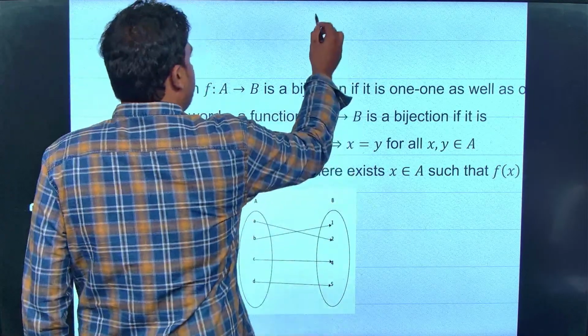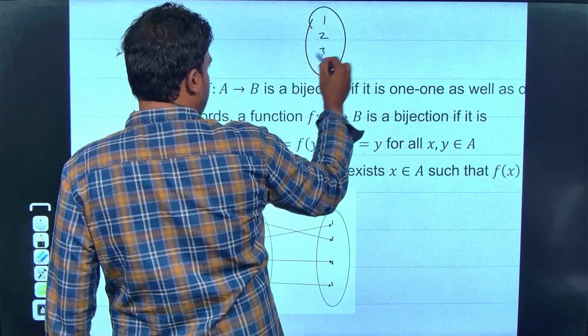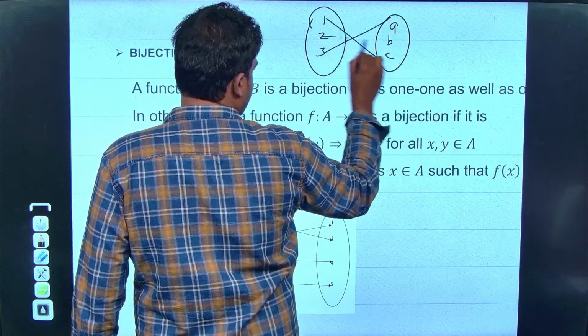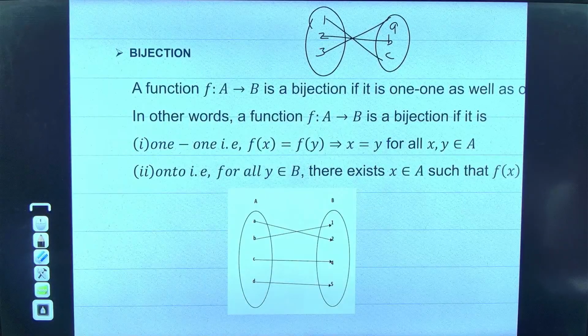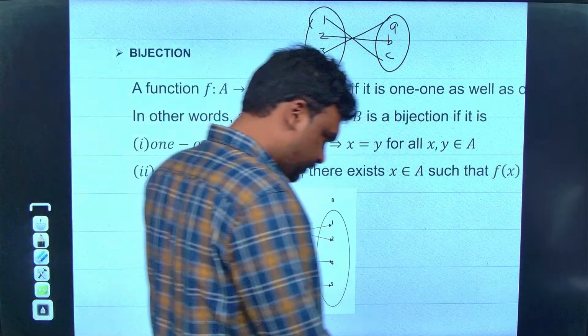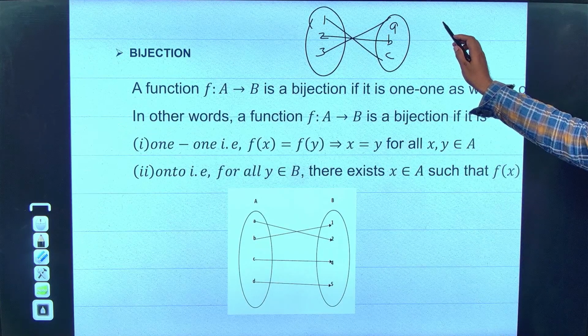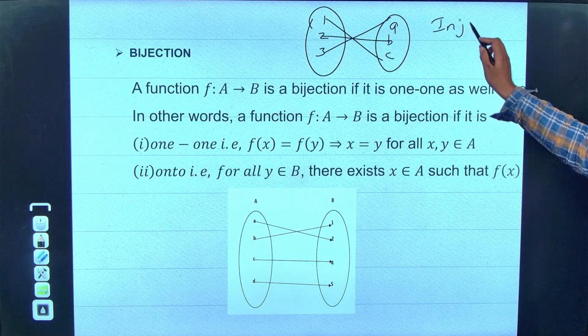Okay guys, check this. 1 2 3 A B C. Guys, what type of function it is? I want answer from Surya. Sir, this is the injective function, sir. Definitely it is injective.